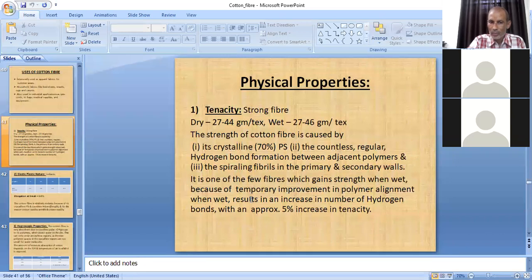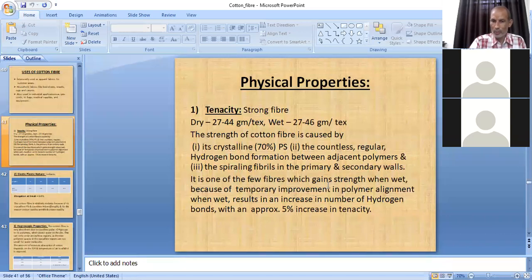Why they get aligned? Because these water molecules enter into the amorphous regions of the fiber. And when the water molecules enter into the amorphous regions of fiber, some of the fibers which are randomly arranged, automatically, naturally they get aligned. And when the fibers get aligned, it means that portion is converted into crystalline. Crystalline means the polymers are aligned. If the polymers are aligned, it means it is crystalline. If polymers are arranged randomly, it means it is amorphous. So due to this, cotton fibers gain strength.